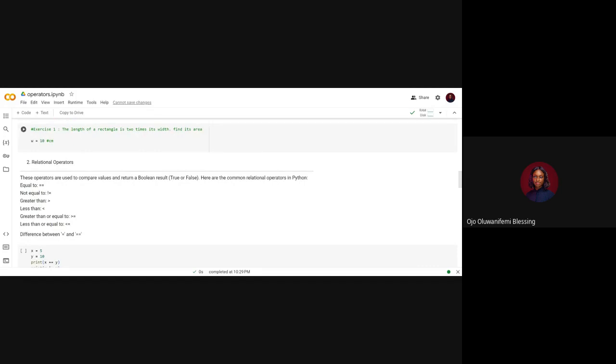Okay, so it says the length of a rectangle is 2 times its width, like breadth. Find its area. We all know that the area of a rectangle is what? Area of a rectangle is length. Sorry, let me just use breadth instead of width. Okay, that's breadth. So we have length times asterisk breadth. So this is the formula for area of a